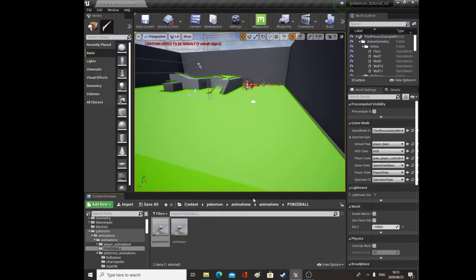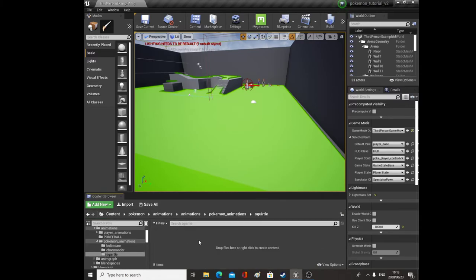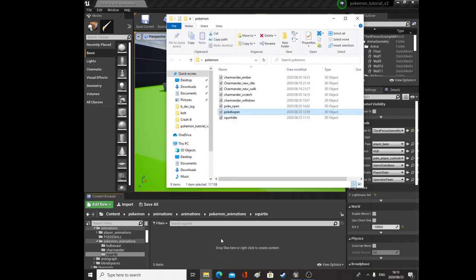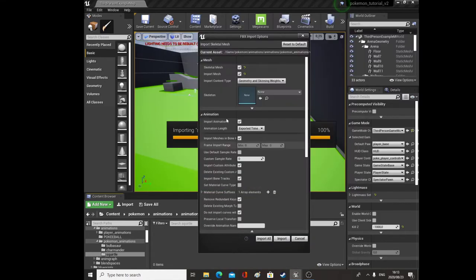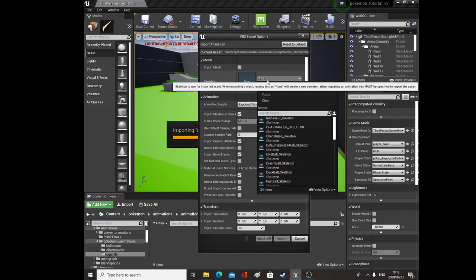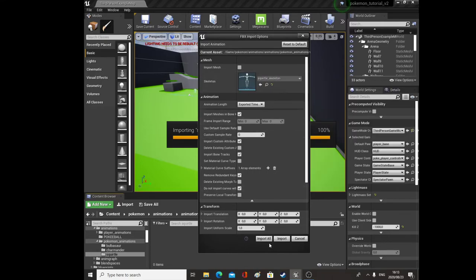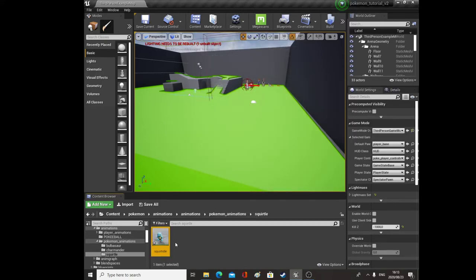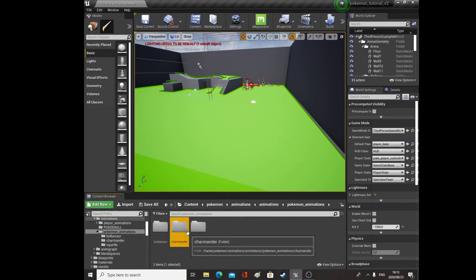Okay. Then we need to go to the animations folder, Pokemon animations, and we can go to Squirtle. I didn't have time really to do Squirtle's or Bulbasaur's animation, so we're just using Charmander for now as an example, but I did do a Squirtle idle. So let's bring in Squirtle's idle, and we'll set it to the Squirtle skeleton and import all. And there we go. Then we'll go back to Pokemon animations, Charmander,